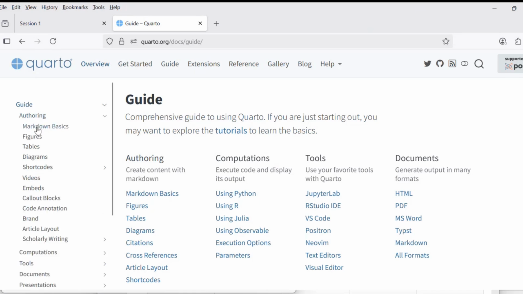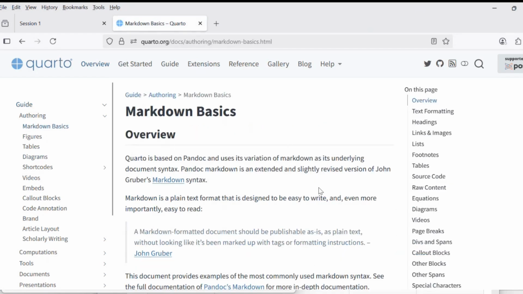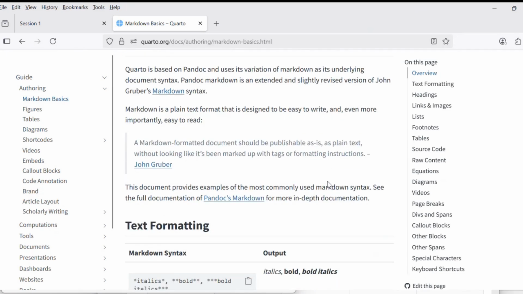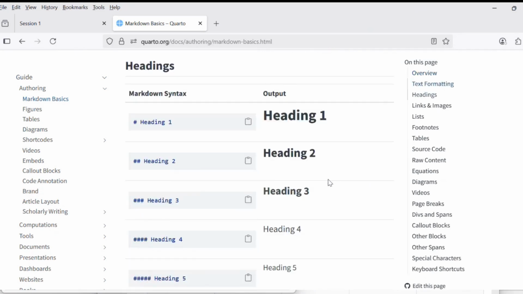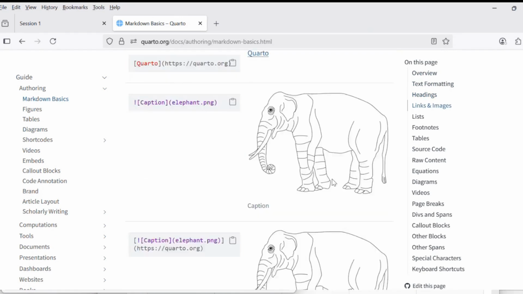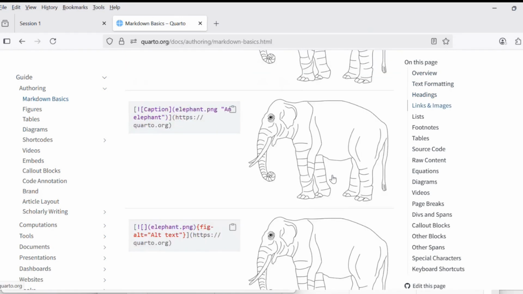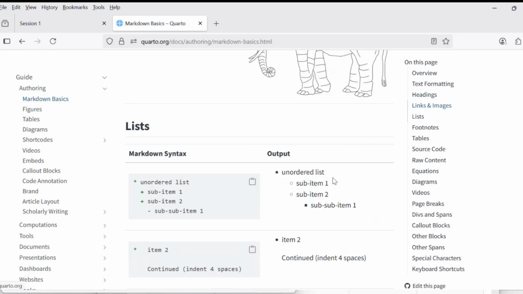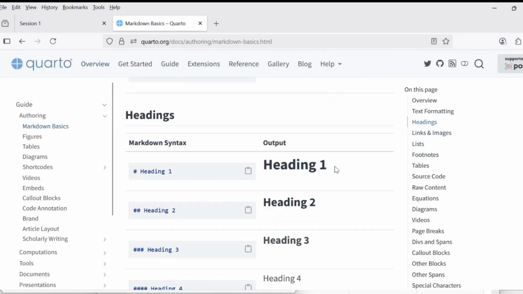When you click here, then we see Markdown Basics, and this is what we'll talk about in this video. So when you click on Markdown Basics, then we get a text that explains the basics of Markdown, and Markdown, or Quarto Markdown, is what Quarto uses for